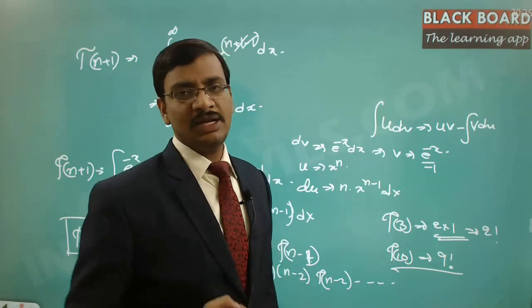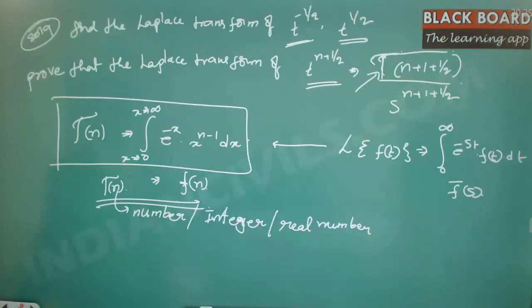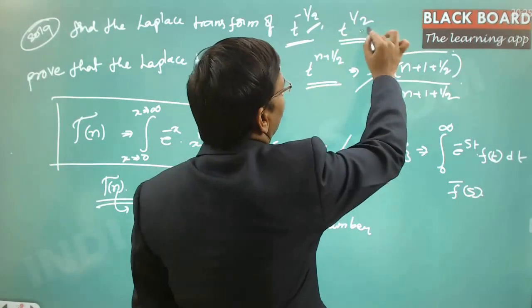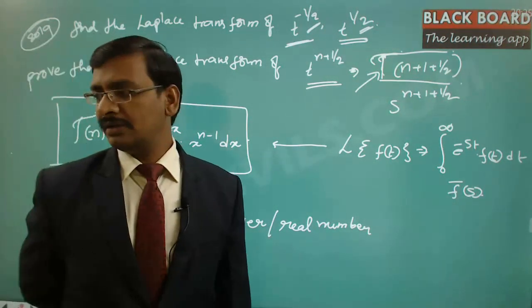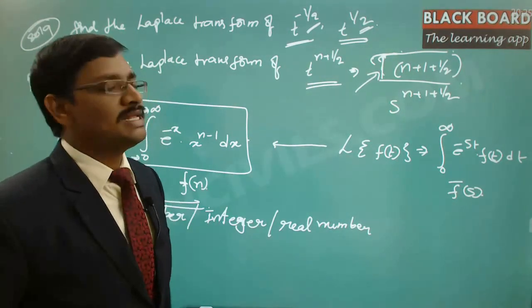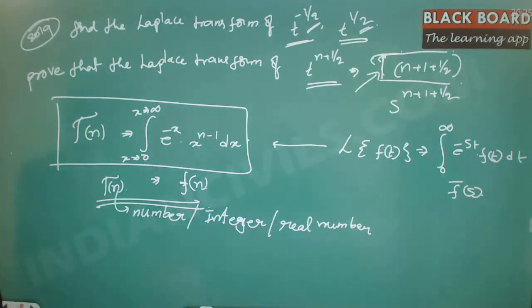Now, that's exactly the knowledge that is expected in solving the previous problem. If the n value is going to be a fraction, so this is minus 1 by 2 or plus 1 by 2, then you have to identify the value of this function, so t power minus 1 by 2 here. Now let us see how we can solve this Laplace transform.